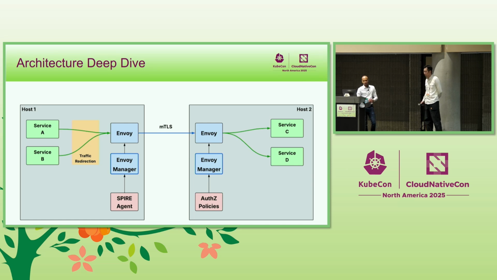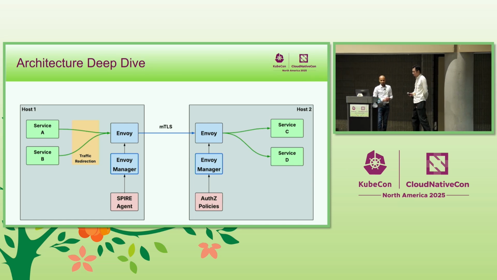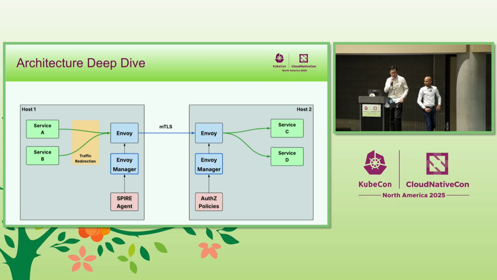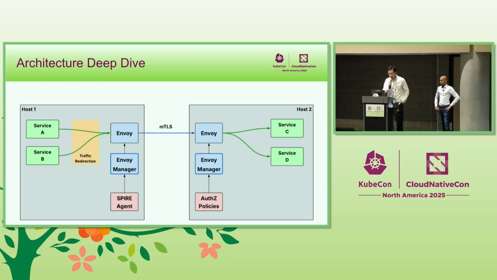I'll hand over to Yangmin to go a little bit deeper into the architecture. Thanks, Matt. So let's deep dive into the actual technical architecture a little bit here. As you can see, we will be focusing on the data plane here. That's the most interesting part, and that is also a part where we use a lot of the open source software like Envoy, SPIRE, and other stuff.